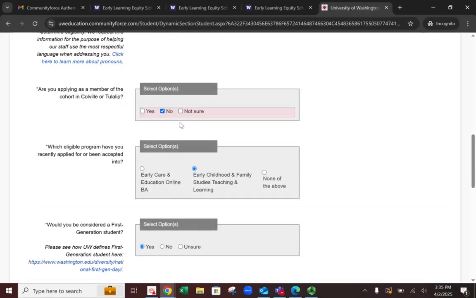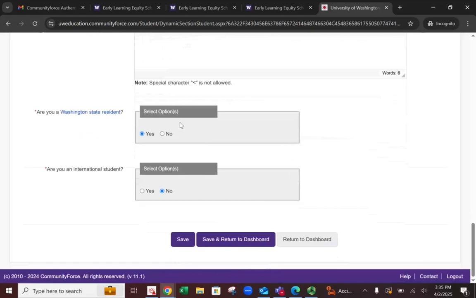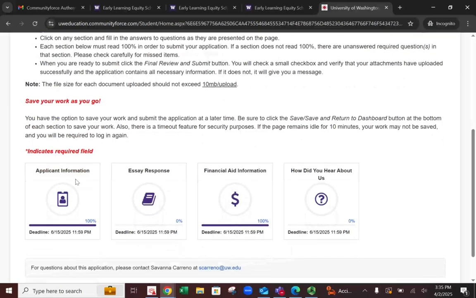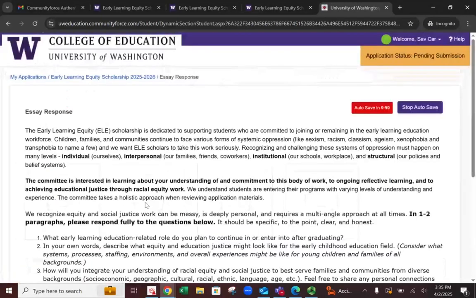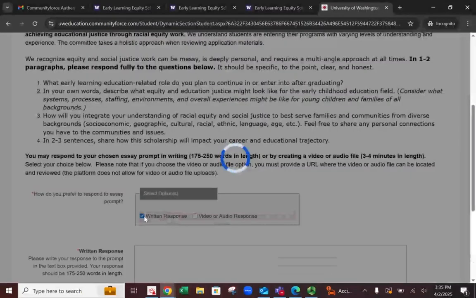Then make sure to fill out everything else to the best of your ability. Once you do that, you can hit save and come back later, or save and return to dashboard. If you've filled it out all the way, that box is then at 100%. So then you'll go along to each box and fill it out all the way.